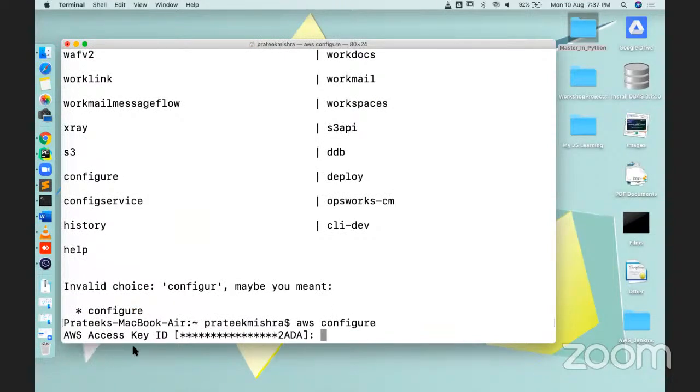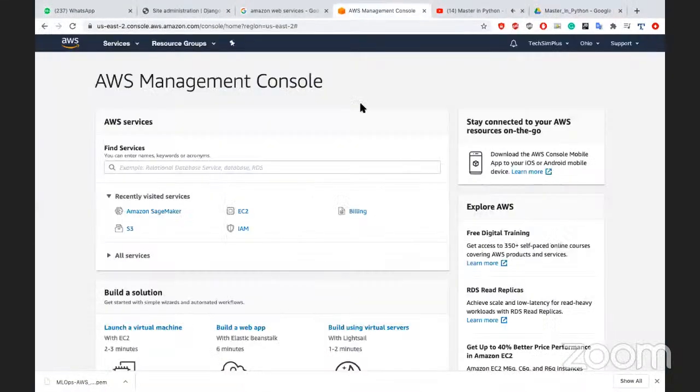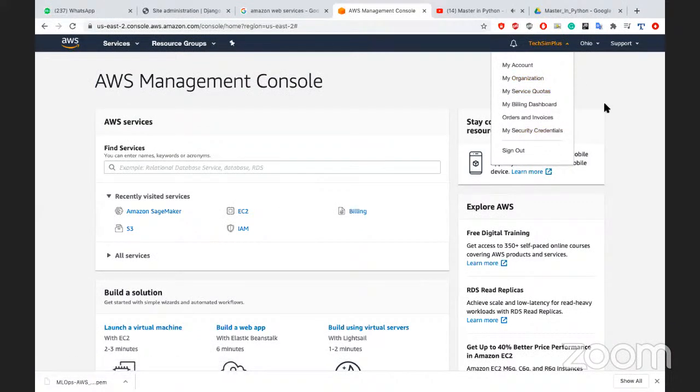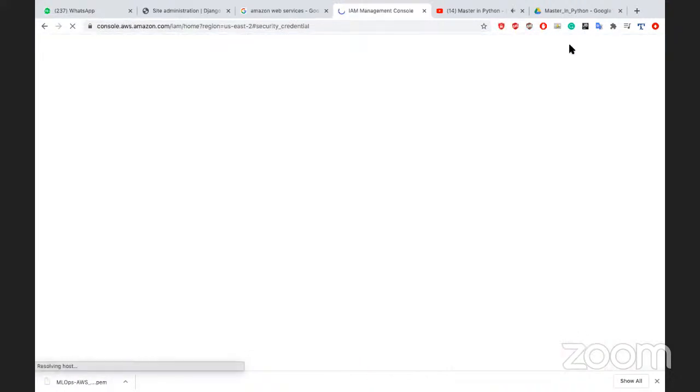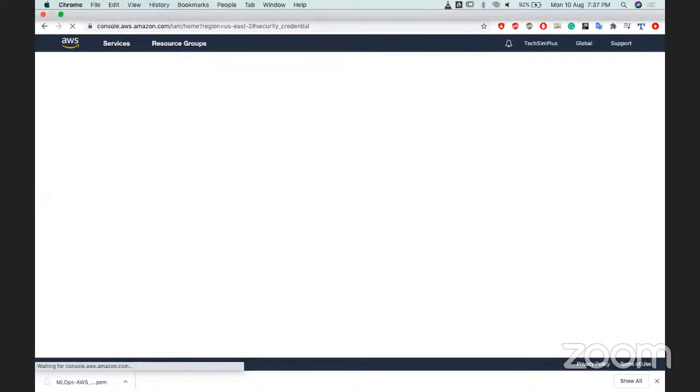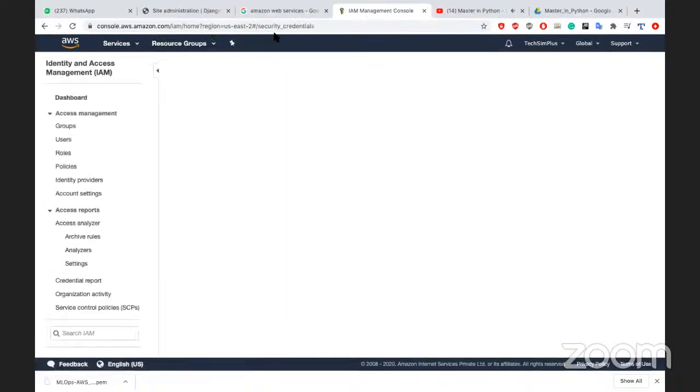It will ask you for the AWS access key ID. So how can we get it? Just go to your AWS console, click on your account, and click on My Security Credentials. You will get the IAM management console. Now when you are on this page,